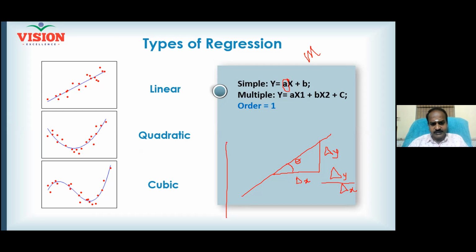And then this is my y-axis, this is my x-axis. When I extend the line, whatever point my line meets the y-axis, that is nothing but the constant term. Here it is given as b, but what we studied in school is the standard form, y equal to mx plus c. So c is called the y-intercept, the point at which your line meets the y-axis. You know m, you know c. Will you be able to frame this equation?